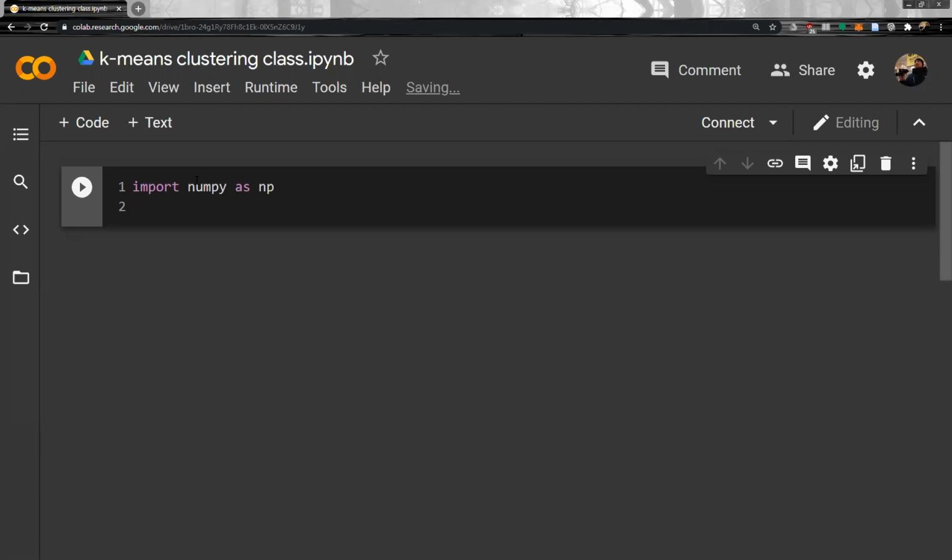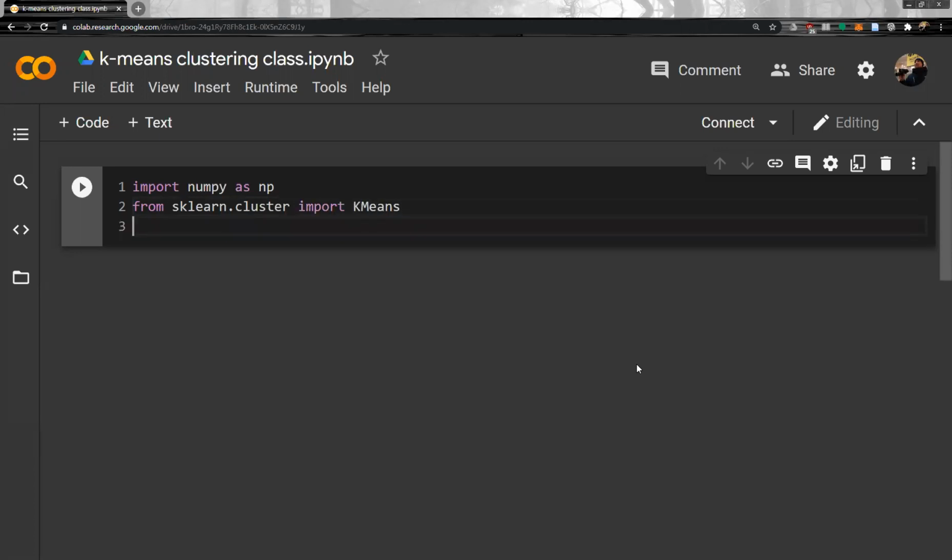So let's import from sklearn.cluster import KMeans. I think this is right. KMeans, and then